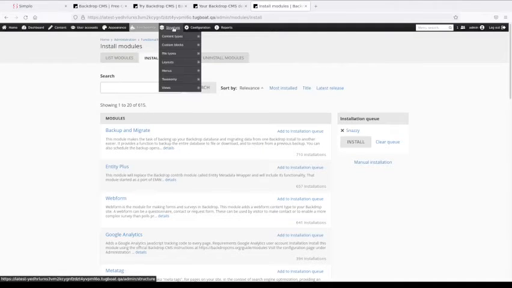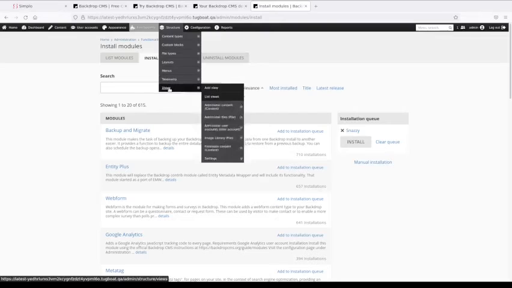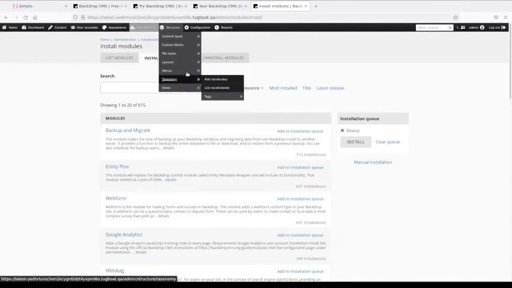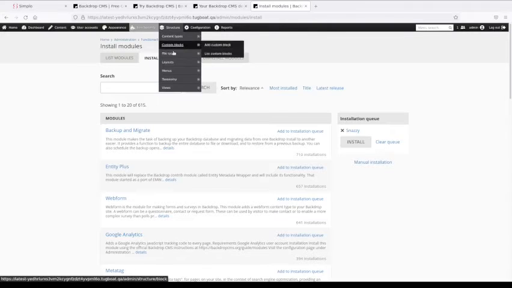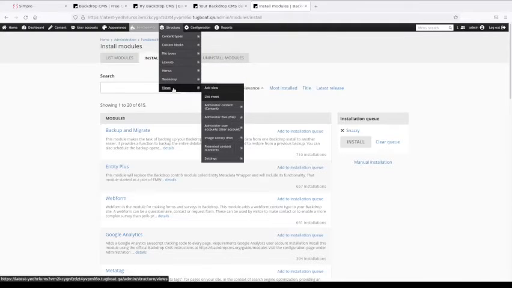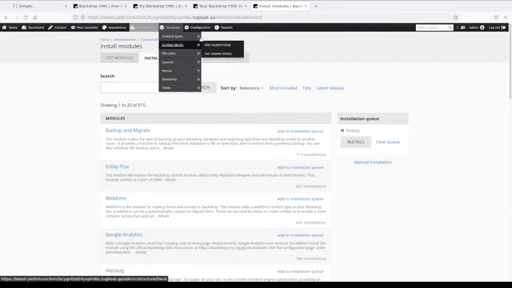Okay, under the structure menu, this is where we sort of configure and manage things like content types, custom blocks, file types, layouts, menus, taxonomies, and views. So each one of these things could have a video in itself. We're not going to talk about all the things you can do here, but hopefully this video will help you understand where to find these things, and also maybe how this is a little bit different from, say,